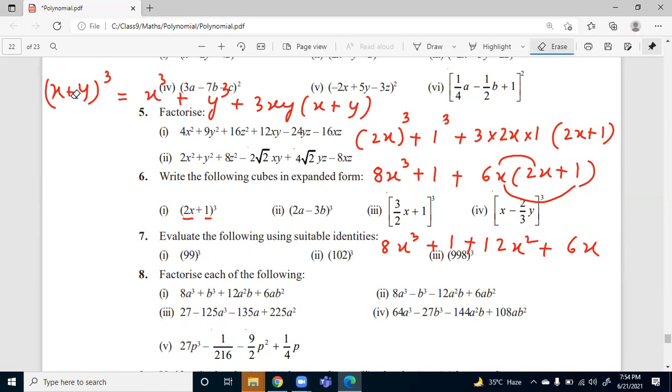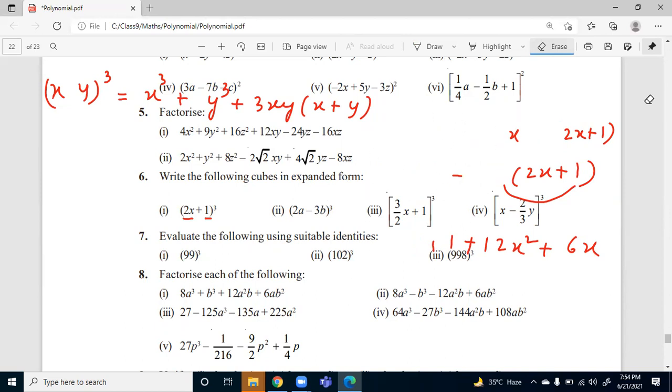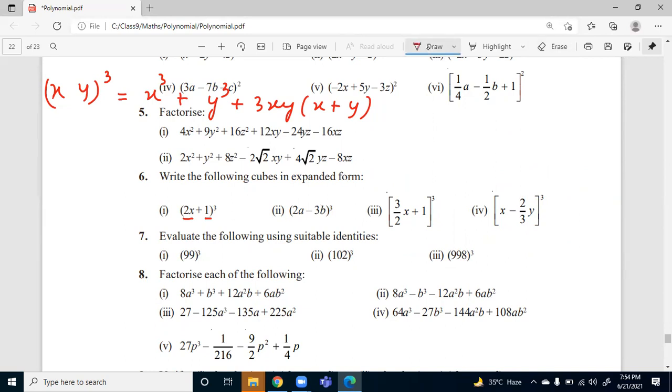So let's move to the second one. The second part indicates that it is a negative. We have to use the seventh identity with the help of sign. We can look at it: it is 2a minus 3b whole cube. So in place of plus, I have to substitute minus. If I erase each and every plus sign and replace it with a negative sign, it becomes x cube minus y cube minus 3xy in the bracket x minus